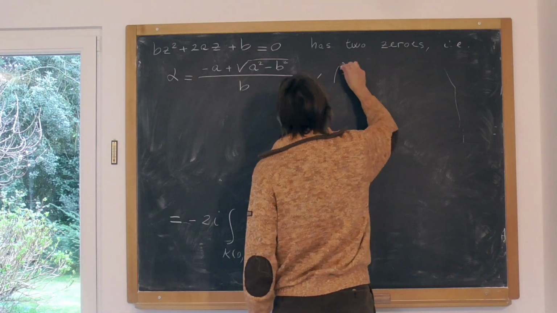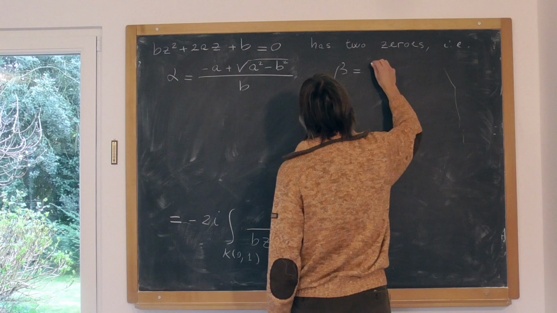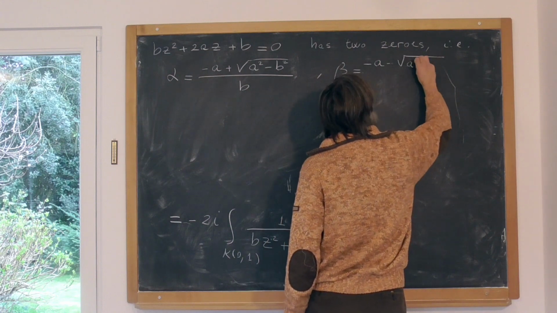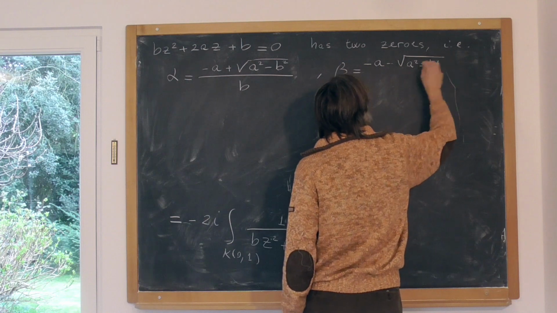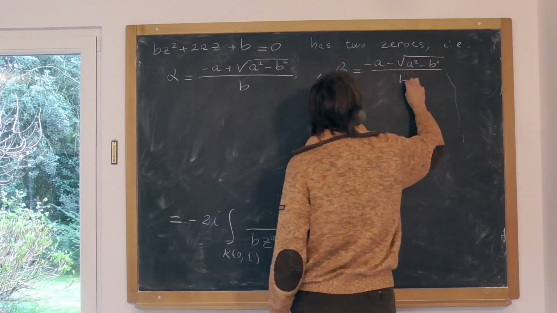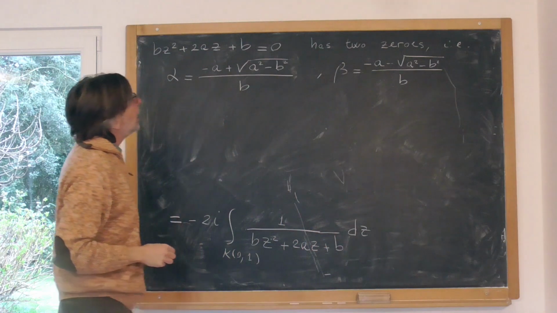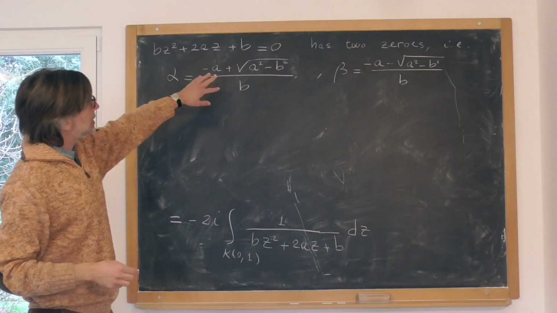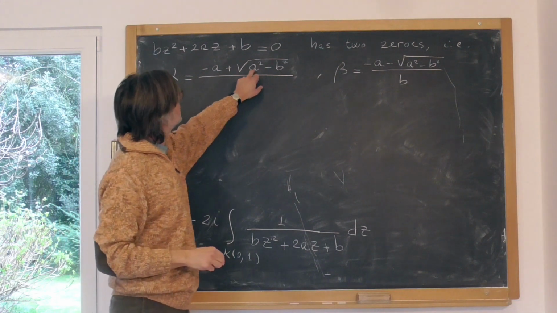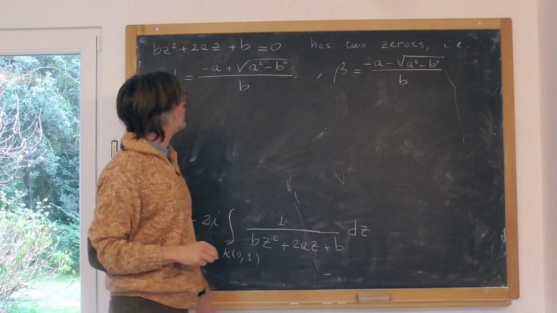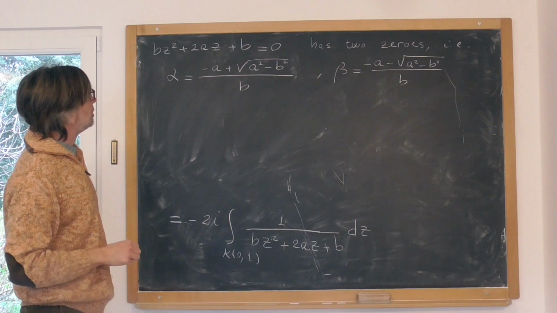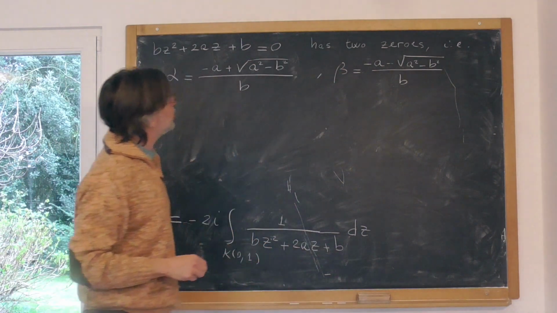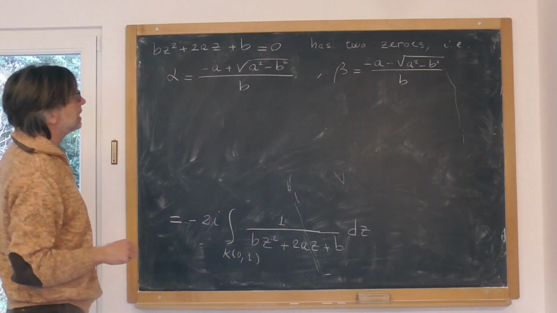And the other zero is beta equals minus a minus square root of a squared minus b squared divided by b. Okay, so these are the zeros of this polynomial. Notice that these zeros are real, because a is bigger than b, so this a squared minus b squared is a positive number. So we have precisely two real zeros,